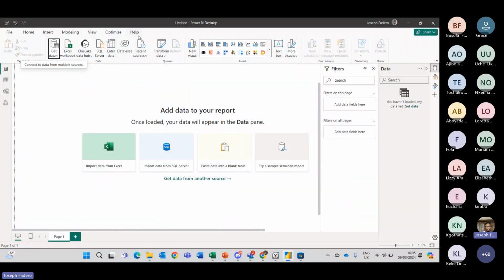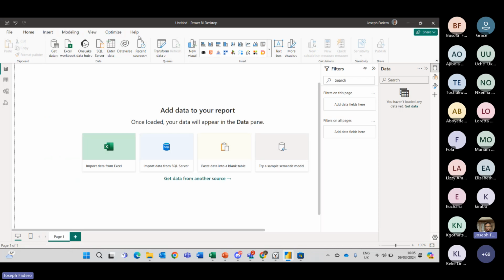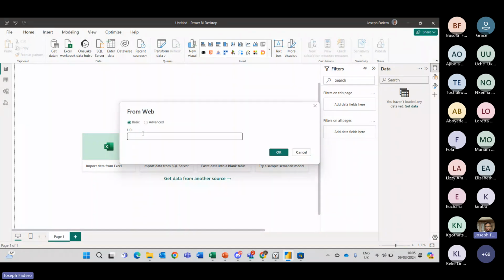How I'm switching between tabs is a nice shortcut. If you do Alt-Tab, it returns you back to your previous location on your system. So with that, I now click on get data and I go to from web. So this is get data from a website. I paste the URL here. And the moment I've done that, I can click on OK.